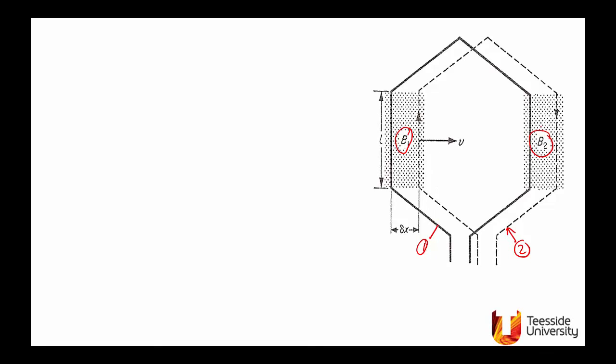If we apply E equals BLV, assuming right angles between flux density, the conductor, and the speed at which the conductor is moving, you have the EMF generated at the coil terminal as the coil moves from position 1 to position 2 is B1LV